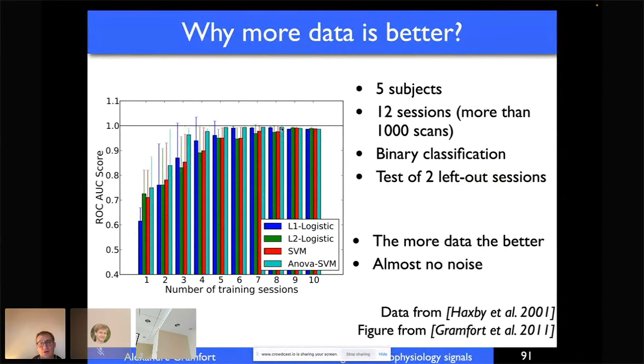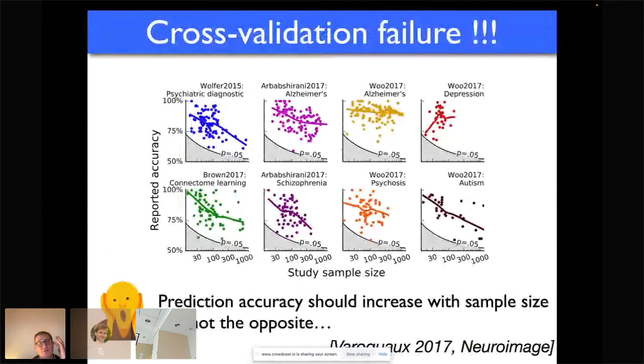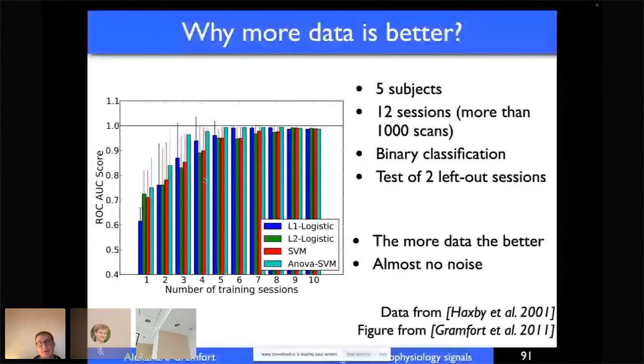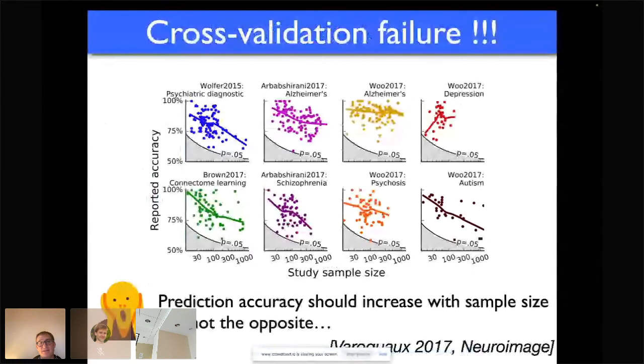And then also this work on a paper from Gaël Varoquaux, which I think is inspiring, and I let you meditate on this, which is something that is completely counterintuitive compared to what I showed you here. Here I showed you that the more data you have, the better you learn. And what Gaël shows in this paper, by doing some meta-analysis, is that if you increase the sample size, if you have more subjects, here in the context of diagnosis of different conditions, psychotic conditions, Alzheimer's or depression, or autism, you get